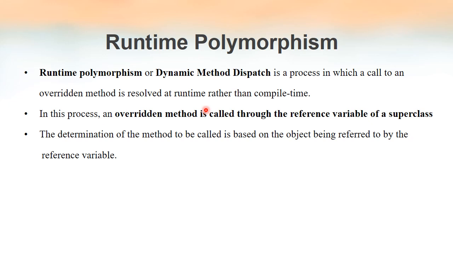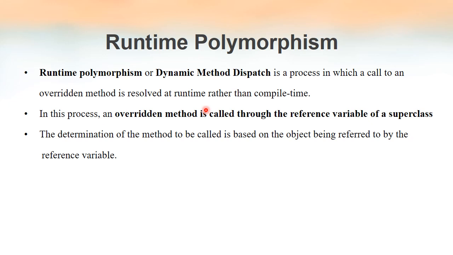We know what method overriding is, right? We have two classes, one is a parent class of the other. If both parent and child class have methods with the same name, that is known as method overriding. The situation is like this. We have a parent class and a child class. The parent class has a method, say the method name is method 1. The child class also has a method named method 1.